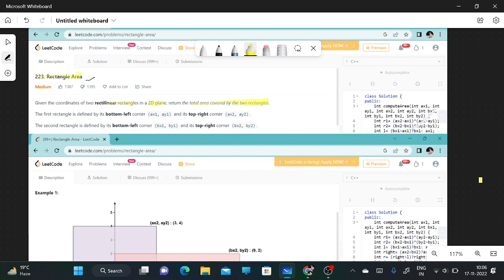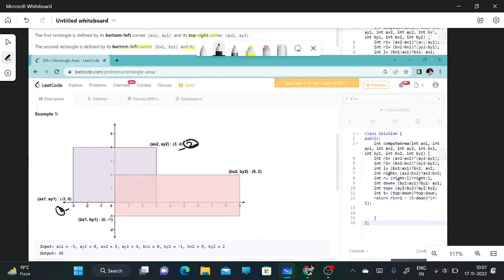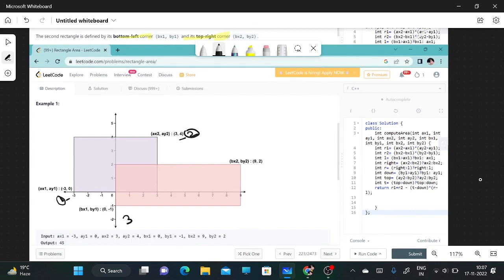The first rectangle is defined by its bottom left corner and its top right corner. The second rectangle is defined by its bottom left corner and its top right corner. So basically they will give us two coordinates for each rectangle. They are diagonally opposite. So the first one is this one, second one is this one, third one is this one, and fourth one is this one. We can find the other coordinates, like this one will be